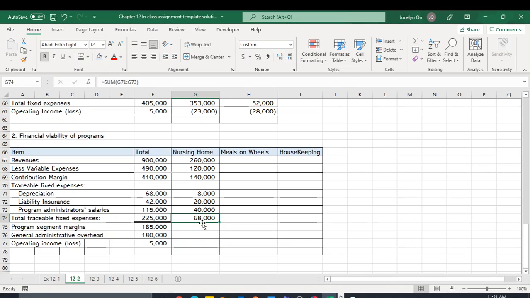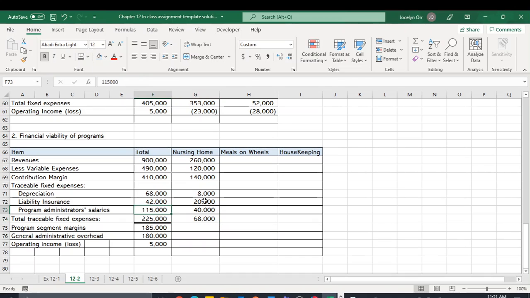Oops. Missing a double line showing a calculation there. So our contribution margin for the nursing home versus our traceable fixed expenses gives us a program margin of $72,000. So that helps to cover our general administrative overhead. Meals on Wheels,